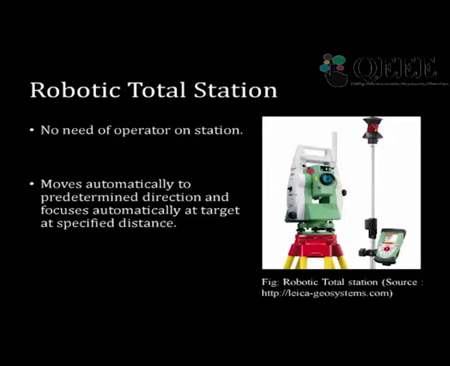There is no need for one person to operate the instrument. In a normal total station, one person has to rotate it manually and sight the target. Here, they can control the total station using this controller. For this you need a radio link between the total station and the target, and many electronic components which make the total station rotate automatically. Many other electronic components are required to make it a robotic one. I think I have answered all the questions which have been raised here.